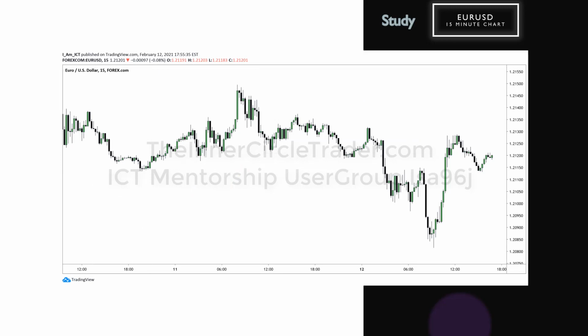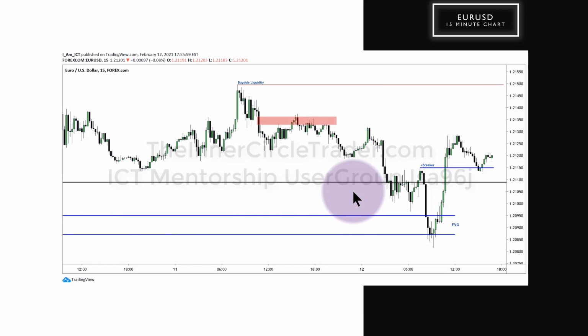Eurodollar 15-minute time frame. Fair value gap in here. Nice little optimal trade entry, sells off. Rebounds, small little gap right in here. It comes back, fills that in handsomely. Drops precipitously, comes back up in, sells off into that lower level hourly chart fair value gap. Look at the bodies respecting the lower level discount low of the gap, and then runs up.